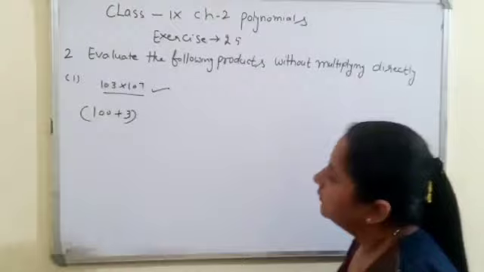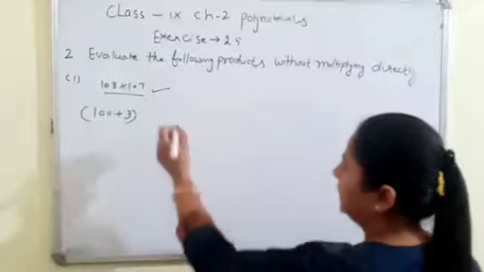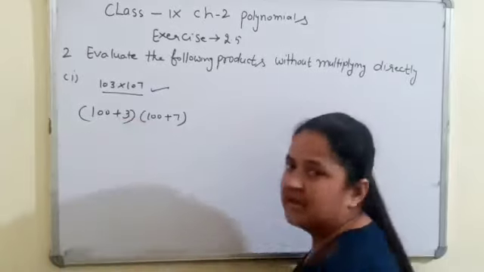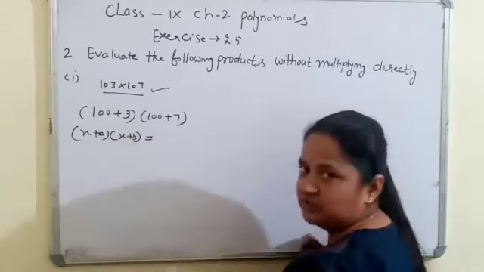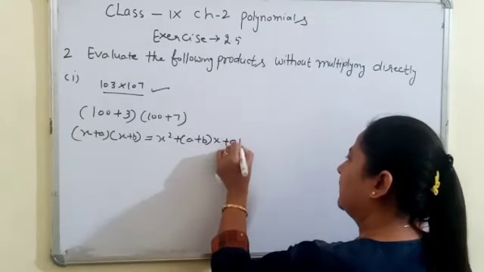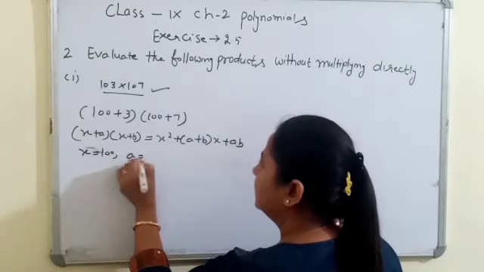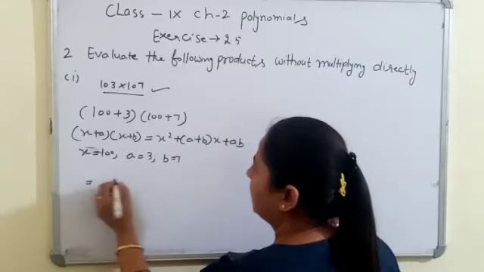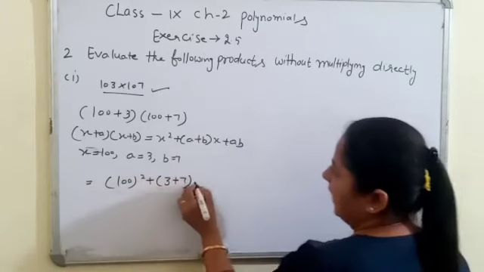Look here, 103. We can write 103 as 100 plus 3 and 107 as 100 plus 7. So by which identity can we compare this? Yes, we can compare it with (x plus a)(x plus b), the identity we have already done: x square plus (a plus b)x plus ab. So x is 100 here, a is 3 and b is 7. So let's apply it. x square, 100 square, (a plus b), 3 plus 7, times x, 100,